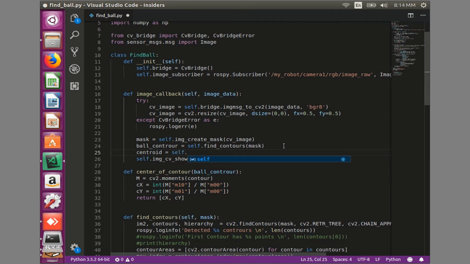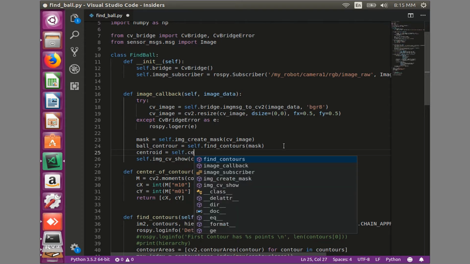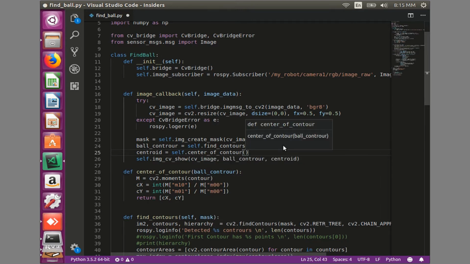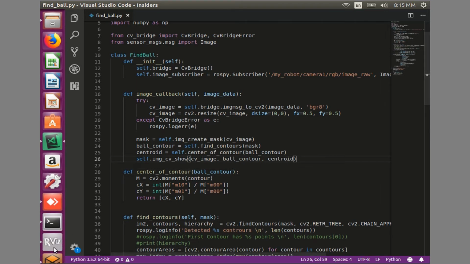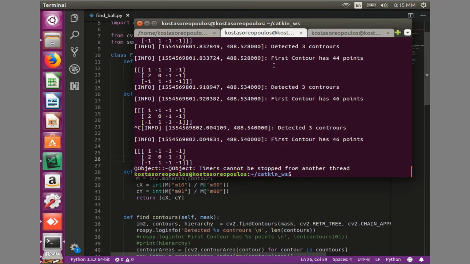I'll use the function we have just calculated before, and it will say center of contour, and just pass the contour. Oh, this is misspelled, contour. So everything seems correct here, but in order to be sure about that,